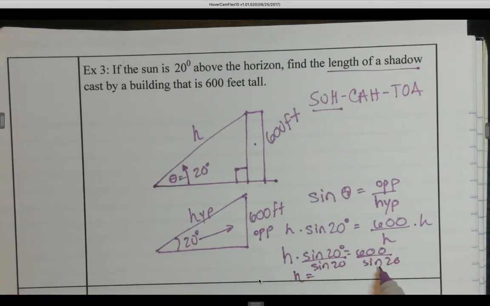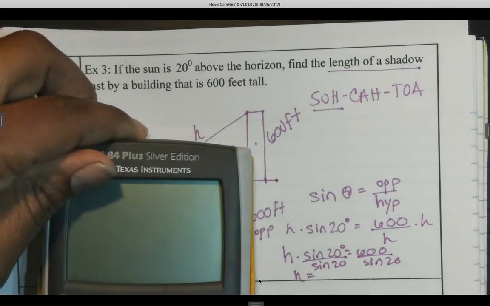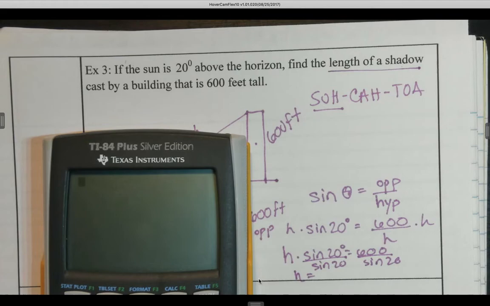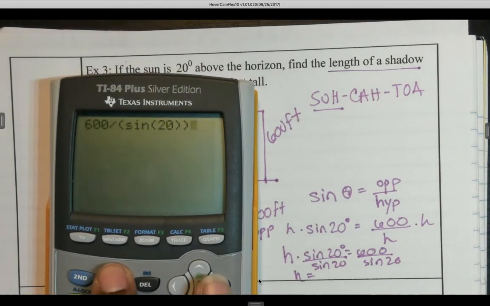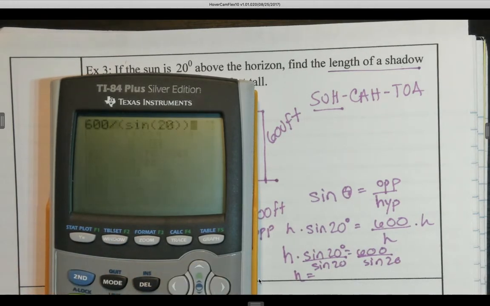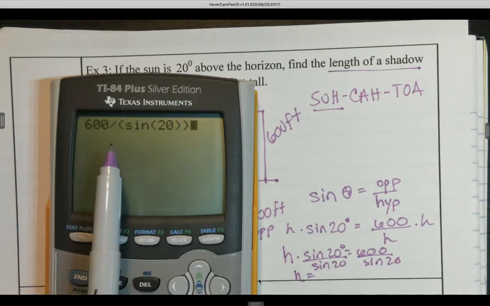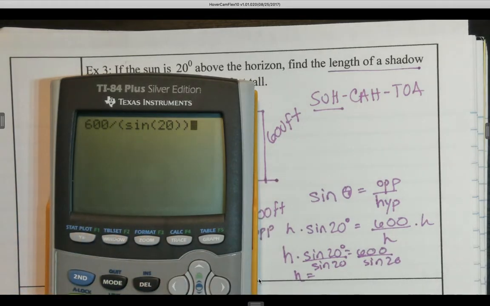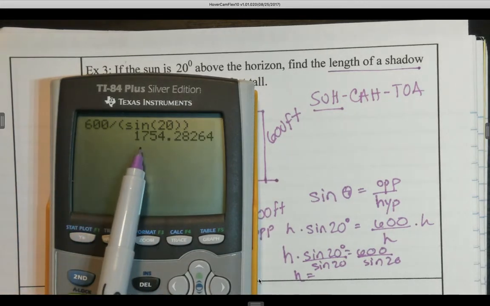600 divided by sine 20. And because 20 is in degrees, I'm making sure my calculator, again, is in degrees. So I have 600 divided by, I'm going to put this in parentheses, sine of 20 degrees. Again, I'm just going to double check. Go to mode. My calculator is in degrees, so we're good there. So I have 600 divided by sine of 20 degrees. Hit enter. I get